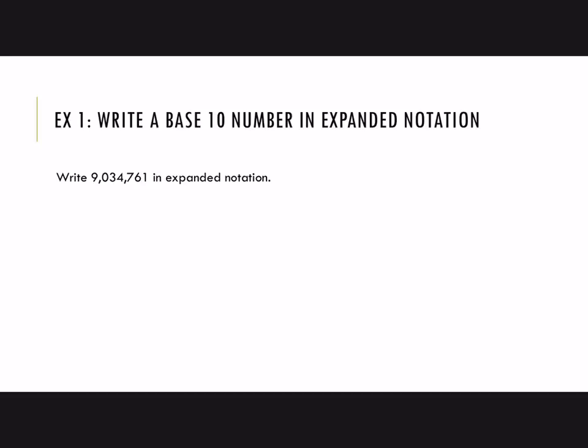Okay, so let's write this number in expanded notation. So first I'm going to separate out everything into its place values. All right, so 9 is in the millions place. And I'm going to write 9 times a million right away. Okay, and then plus. Now I have 0